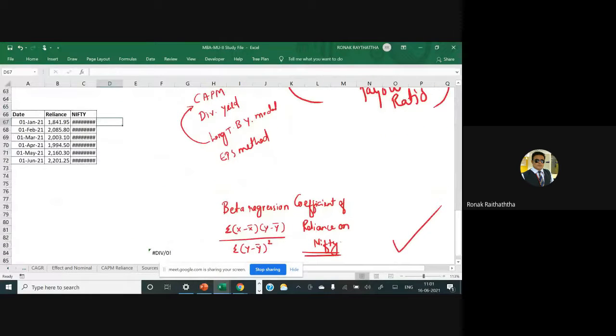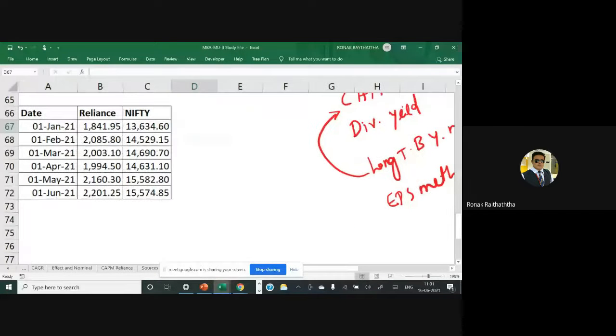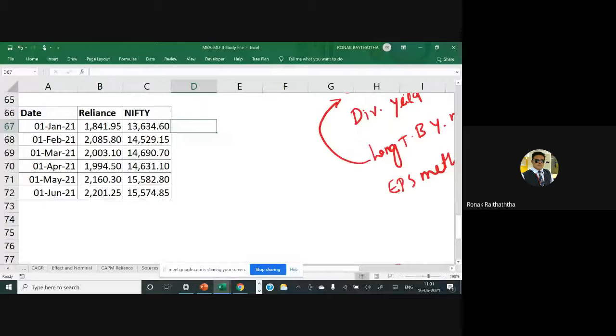Now here you people had a query, and one person, I guess Jay, asked me, sir, we want to learn it practically. So what I've done is I have taken monthly prices of Reliance and Nifty. Those who are not aware of Nifty, it is one index representing the top 50 companies of the NSE, National Stock Exchange, those companies listed where the shares are traded. The top 50 companies in terms of market capitalization form a part of Nifty, and one index is prepared based on those companies.